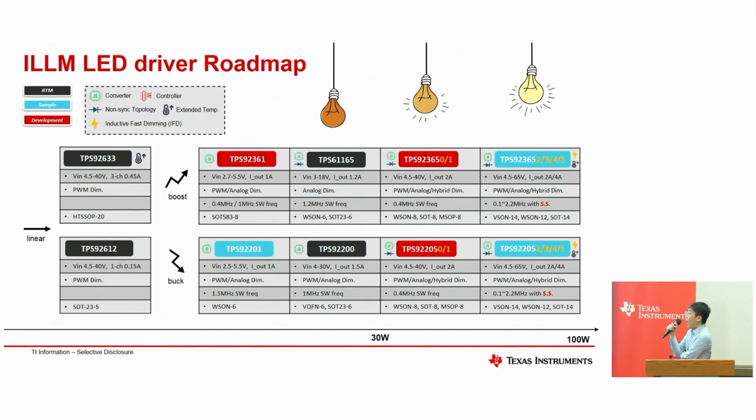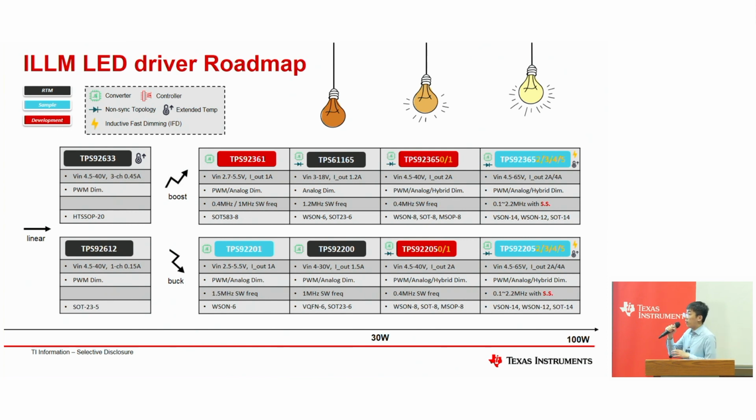Okay. We will have the illumination LED driver roadmap here. It follows two major logics of device comparison. The first one is from the x-axis. The left one will have the least output power density, while the right-hand side one will have the largest power density. You can see we have 100 volts as the most that we can support, but we also have drivers that can support larger than 100 volts. So the first logic is output power density.